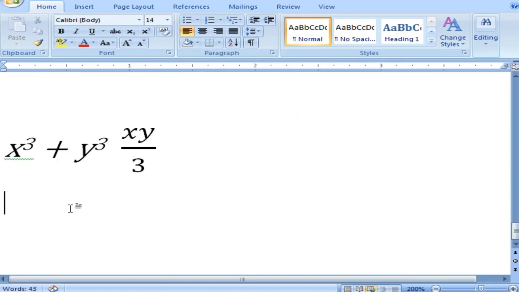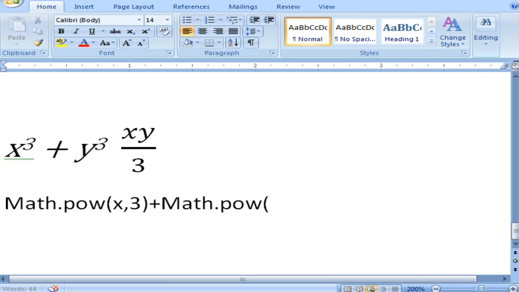Next is the final one, expression x cube plus y cube into xy divided by 3. So here you can notice xy divided by 3 is a term, that is xy whole divided by 3, and it should be multiplied by y cube. So the normal expression would be x into x into x. You have already seen so many normal expressions, so I am just going with the mathematical expression. So Math.pow x comma 3. It will be very easy for you to write the mathematical expression than the normal one. It is easy to understand. So y comma 3. So the first half is over.